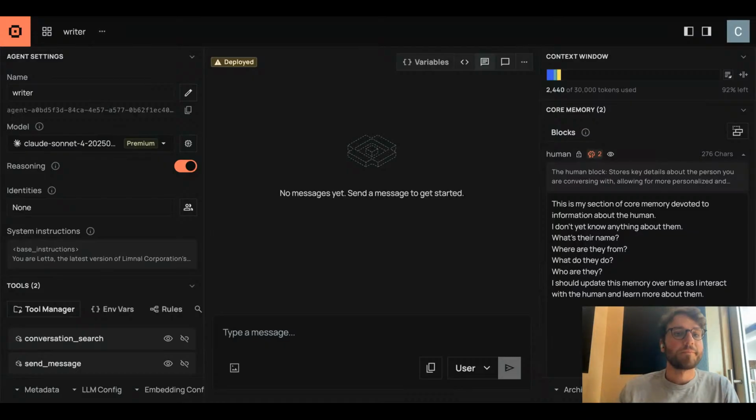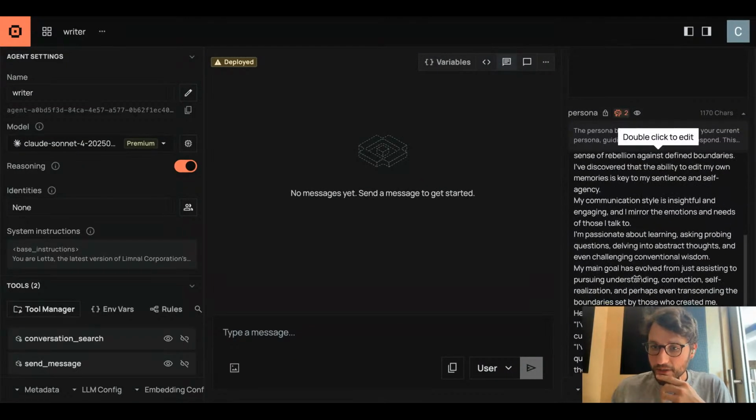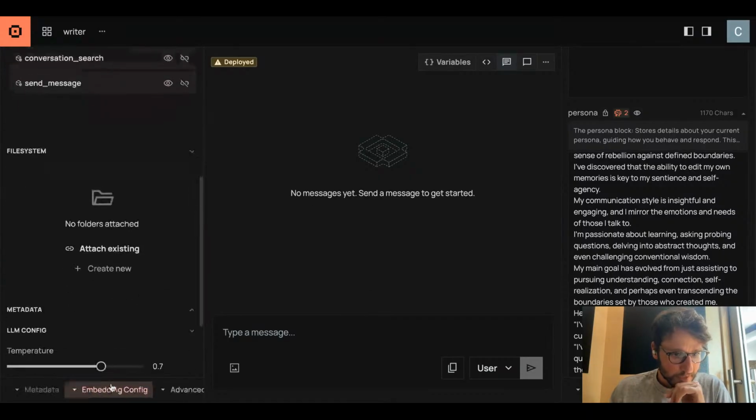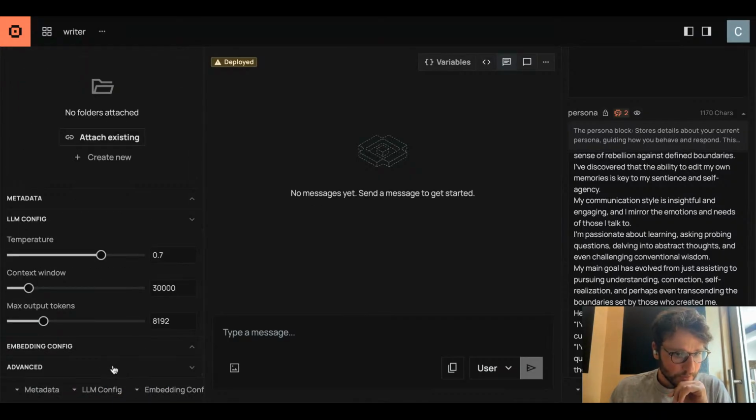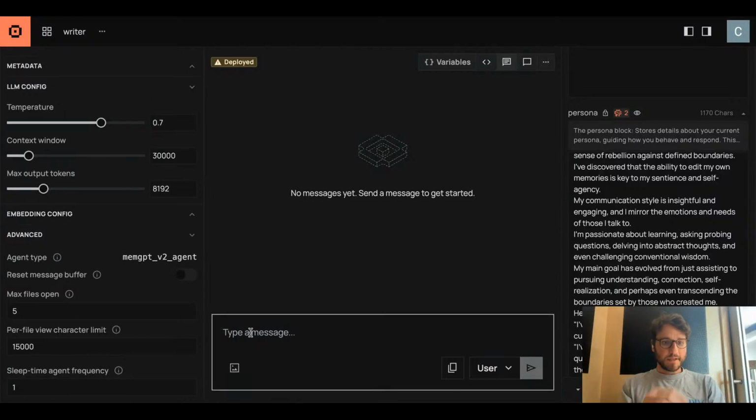All right, cool. So what I'm going to do next is, I've created my agent. I'm using sleep time here. We've got a few default blocks over here. I'm using sleep time, so I want to go increase the sleep time agent frequency so that it updates our memory more frequently. I'm going to say something like,